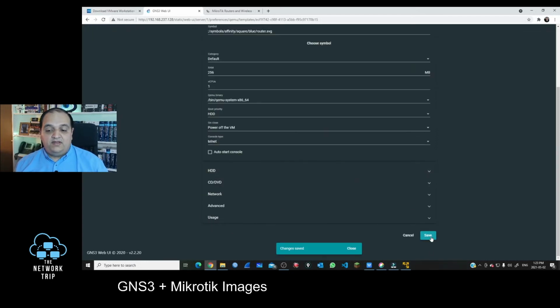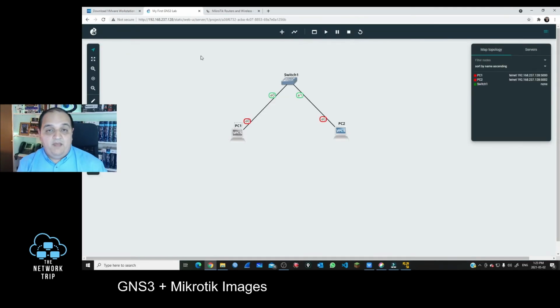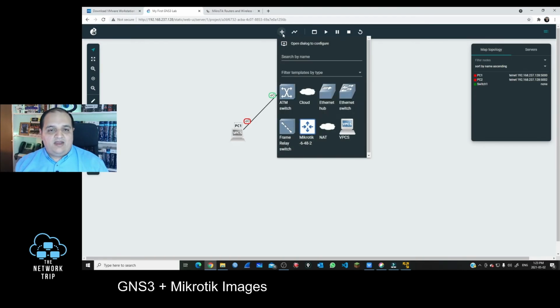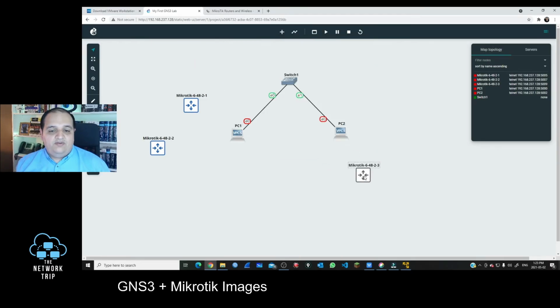If I go back, I can press here on save and you can see change save. So I can go back to my project. Now I have one Mikrotik template that we can use to add multiple devices. So if I go to add a node, then you can see here that I have Mikrotik 648.2. We can add many of them. So you need 3, you need 10, you need 20, you can do it. The limit is the physical resources that your computer has. So if you have more devices, this is going to take more RAM and CPU. So in this case, I add in 3 routers